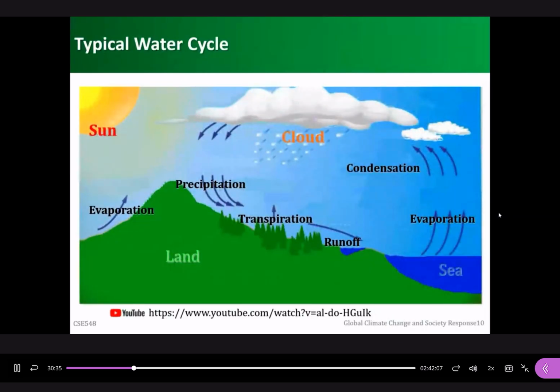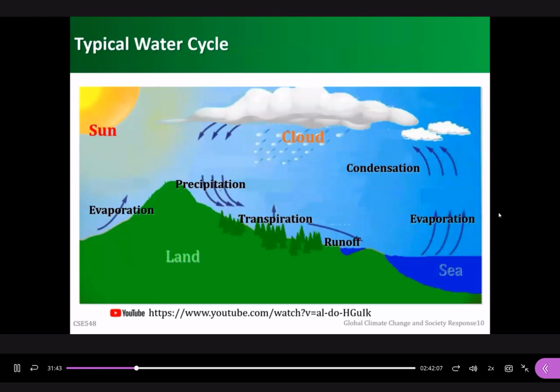So here is a simple graph to show the water cycle, from the evaporation here, and then the water becomes vapor in the atmosphere, and then goes to the higher area because of the temperature decrease in the high altitude. And so the water vapor will condense into water drops, and then small water drops, and they form the cloud. Sometimes they will experience the cold regions, so it will form the raining process, which we can also call the precipitation. So the water will go back to the ground, and on the ground it forms the lakes, the reservoirs, or the rivers, and then the water will go back to the sea. So this is the typical water cycle.